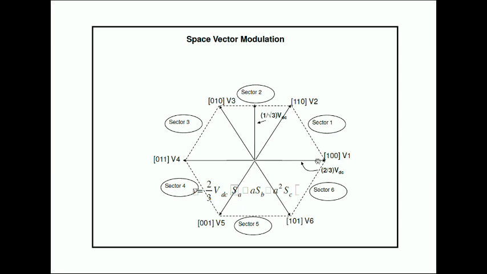So now we want to discuss how we can make some other vector with vector combinations, which is not defined here, which is not one of the six vectors. Further, more vectors having different magnitudes and different phase angles. We have to generate them for the proper working of our drive. So how will we make it?